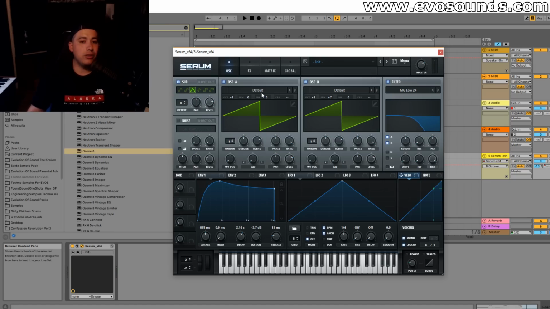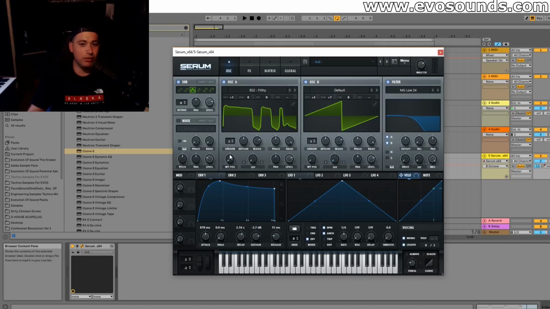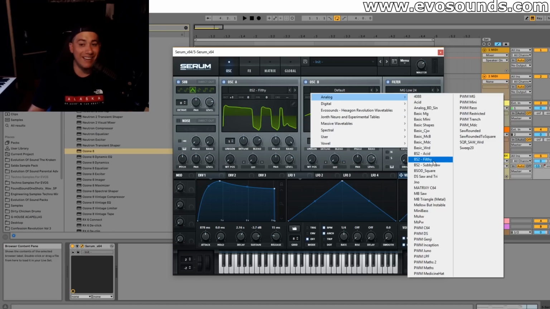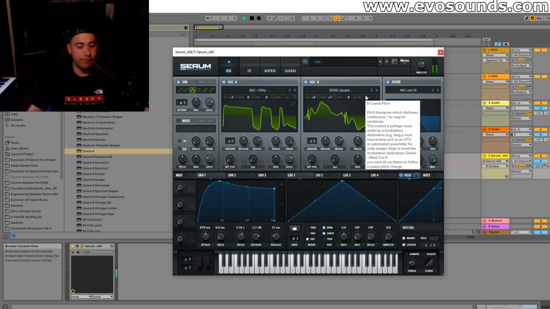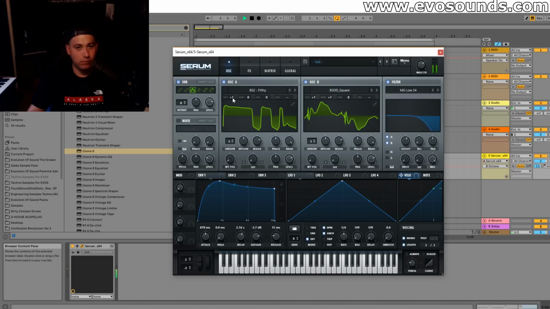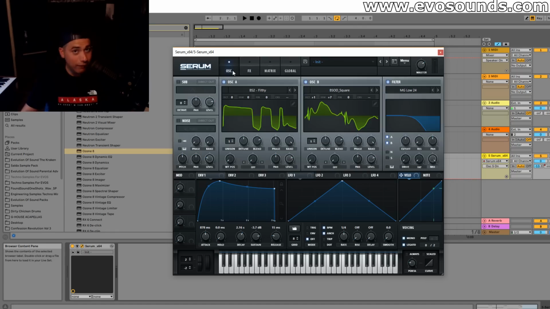Now, the last thing I do have to say is that, again, guys, experiment with different stuff. You don't have to use saws. You could definitely try using maybe squares, seeing what that sounds like. But in essence, the key thing is just to get inspired from. See, that sounds a little bit different, but again, it's the same technique. It's just different tonalities because of the wavetables we pick. You know, play around with effects, but the most important thing to get here, guys, is